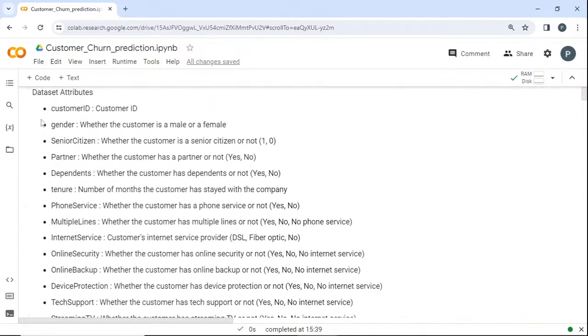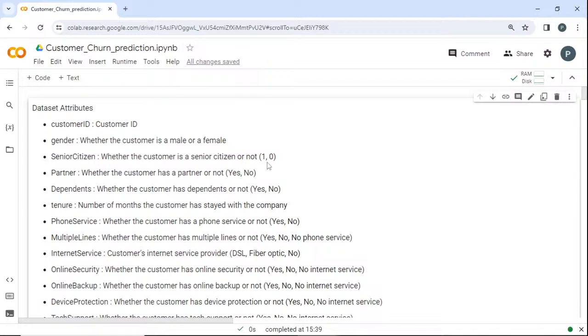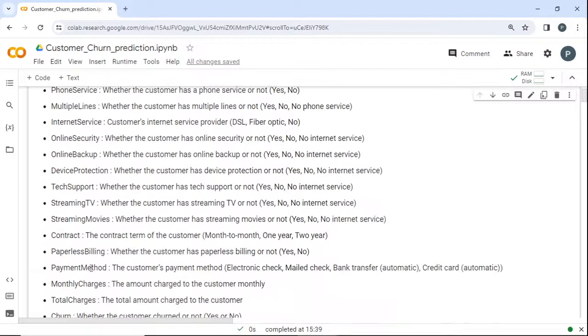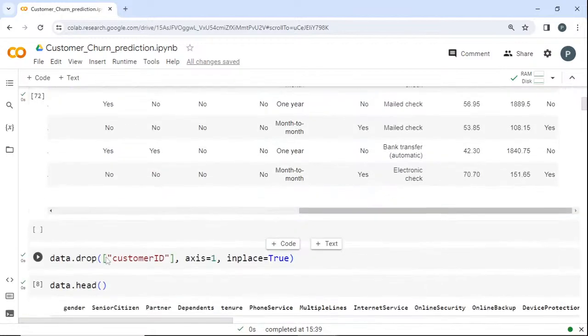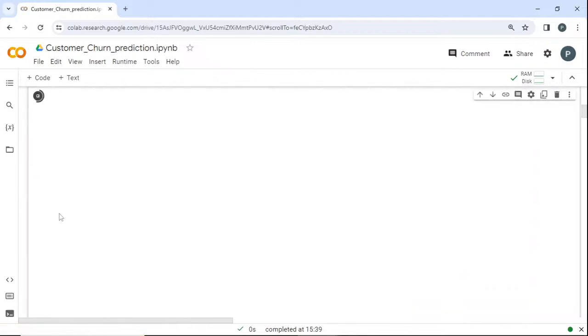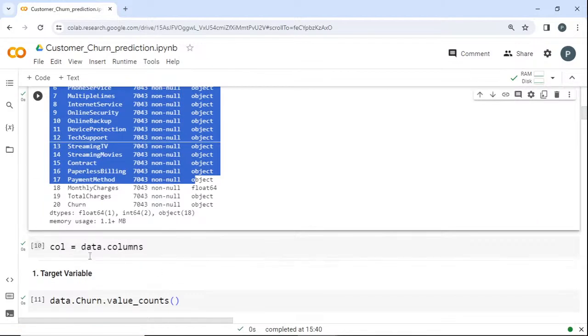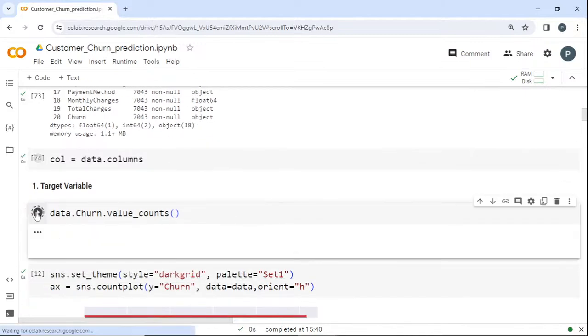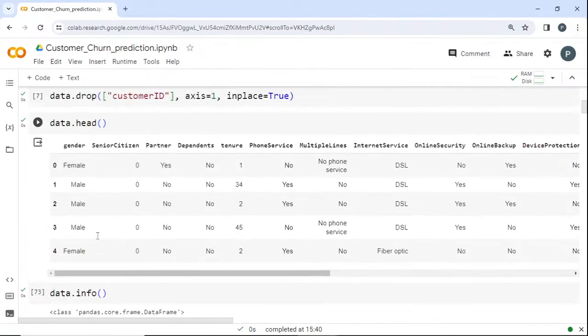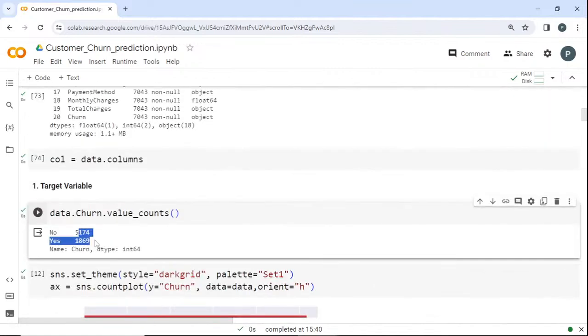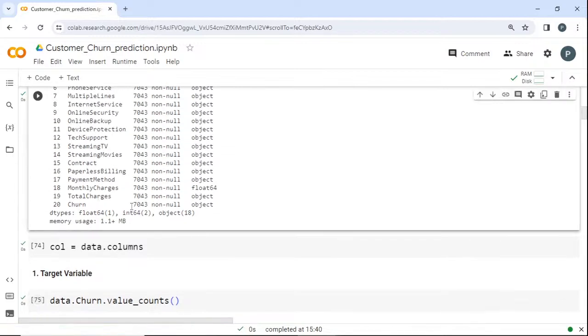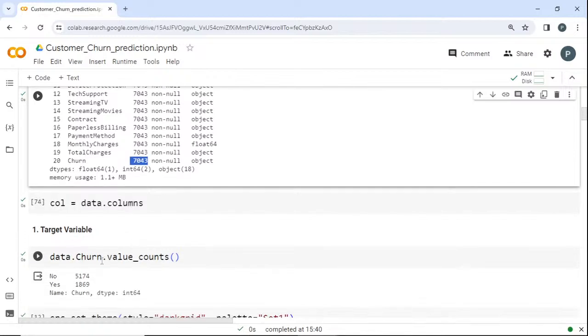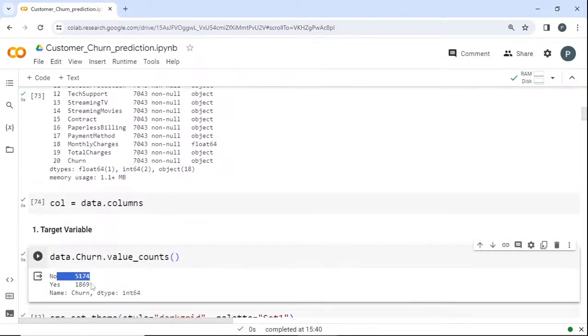And you could see that I have given a description of where I collected the data set. 1 means senior citizen, 0 means not, and yes or no and other details about the data. Okay, and I'll scroll below with info to give you the data type of each. So I'm going to select the target variable, which is churn, yes or no. The shape of my data set is nearly 7,000 customer records, where 5,000 people have stayed in the company and 2,000 people have left the company.